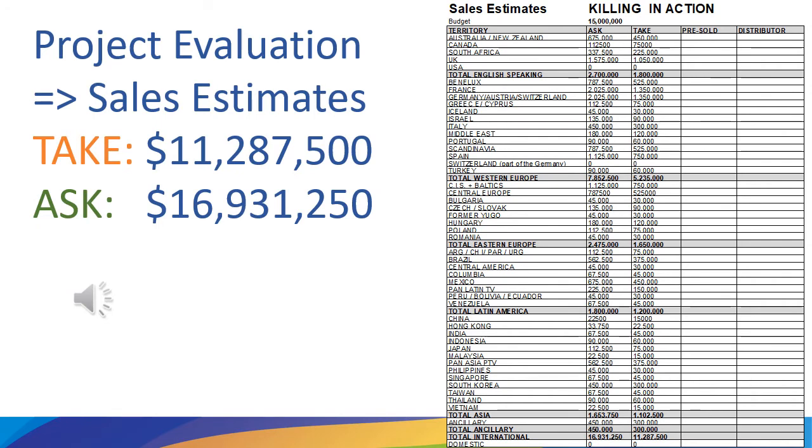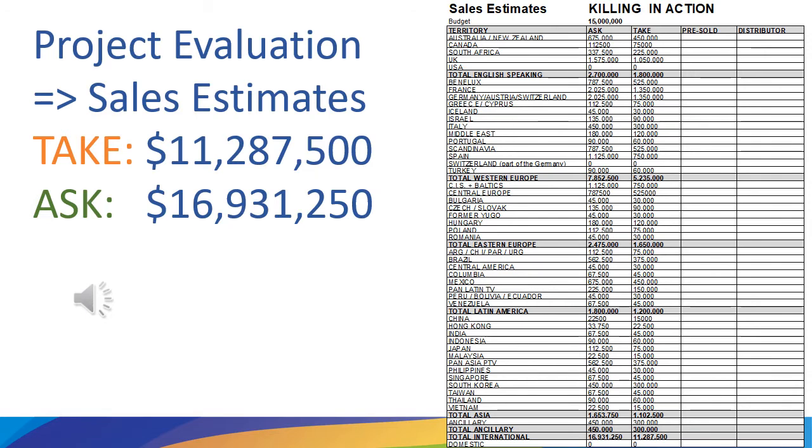When you discuss your project with a sales agent and you tell him, here's my script, here is my envisioned talent, here's my budget range, and so forth, he will put together sales estimates that look a little like this. You see every territory listed, and you see them listed in two pricing levels. The take level, which is our lower level, which is the level that investors and banks look at, and then the ask level, which is the medium to high level. Those are the pricing levels the sales agent will lay out for you.